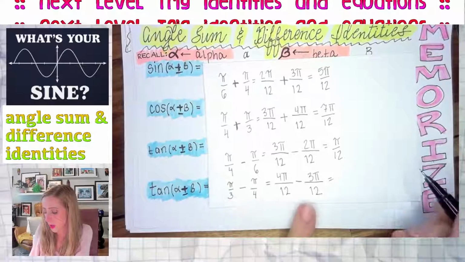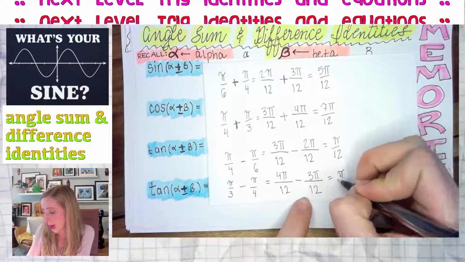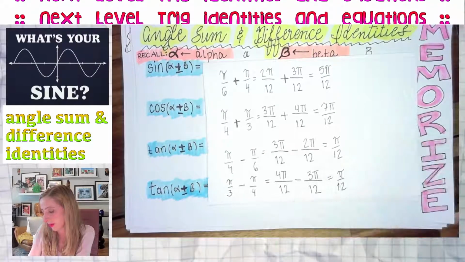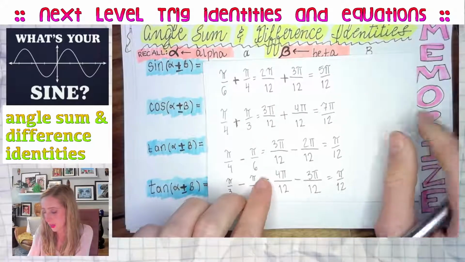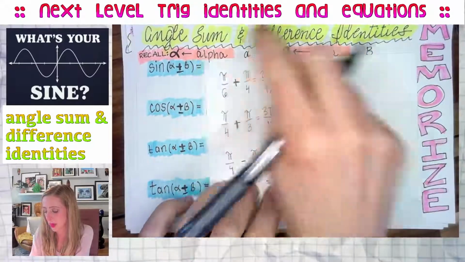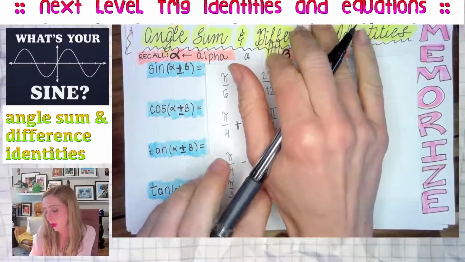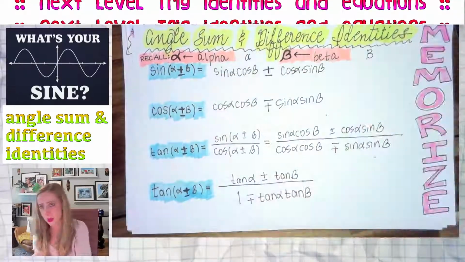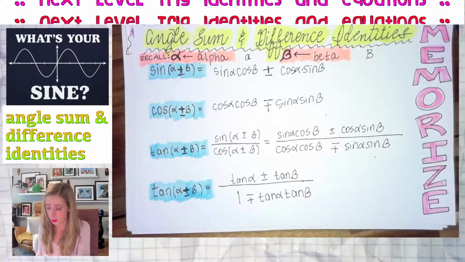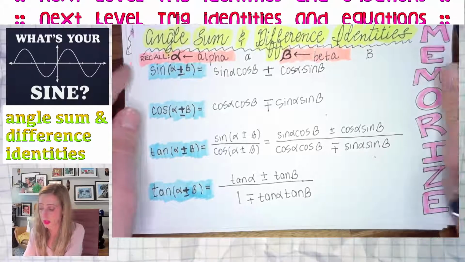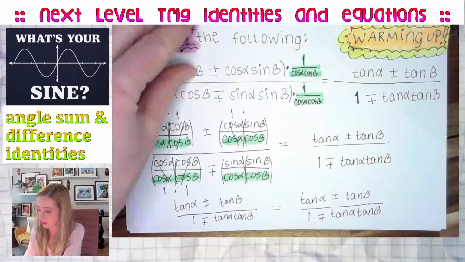And this one over here as well, pi over 3 minus pi over 4, that's also pi over 12. So I hope you got all those correct. Now we had the angle sum and difference identities. We talked about alpha and beta, and we wrote down these bad boys over here. And now we're gonna apply these to a bunch of different examples. So after the warm up,